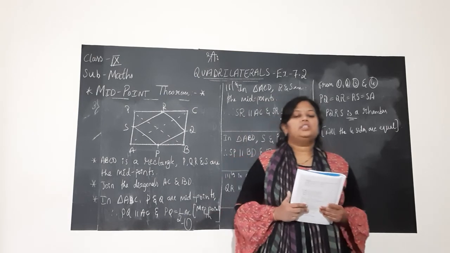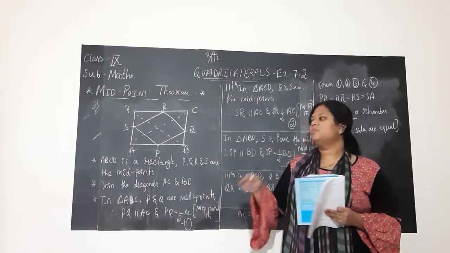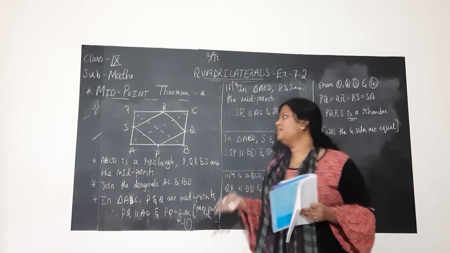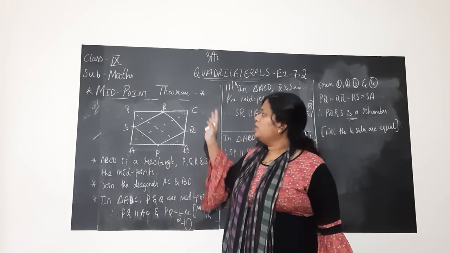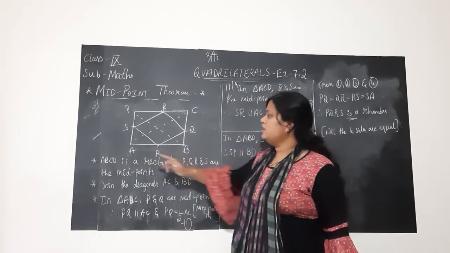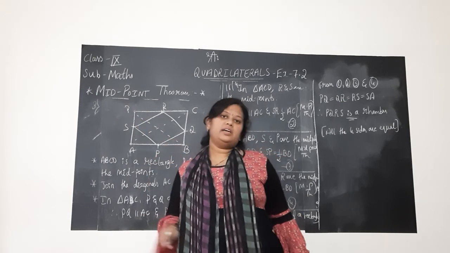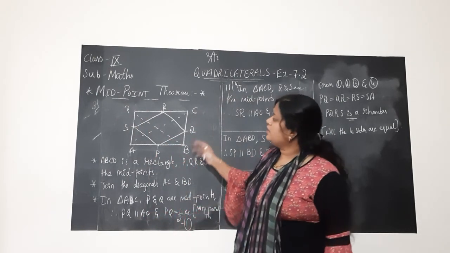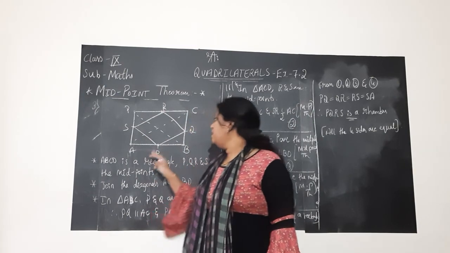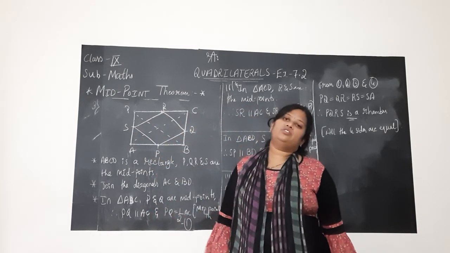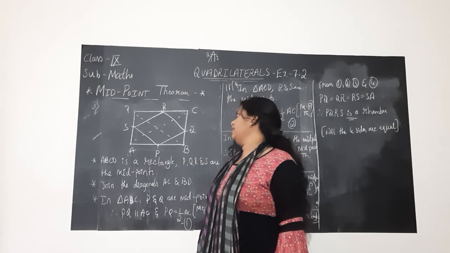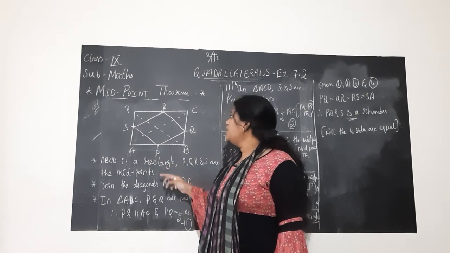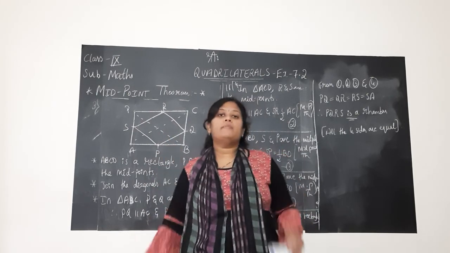So next we shall solve the third problem, children. Here all the problems are interrelated. If you solve one, the next is very much similar. Look, in the third problem also you have the same figure ABCD, but here they have given that ABCD is a rectangle. PQRS are the midpoints of the four sides of the rectangle. We need to prove that PQRS is a rhombus.